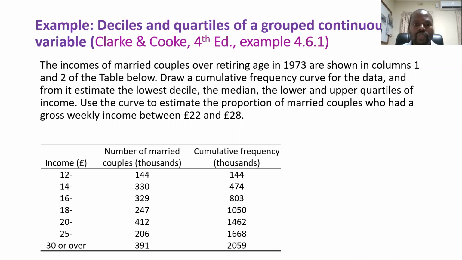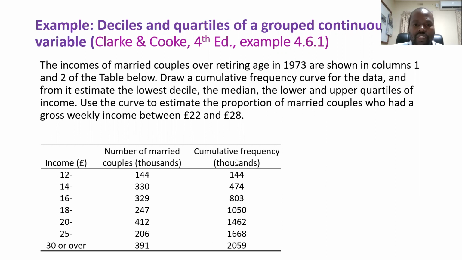We are required to draw a cumulative frequency curve for the data, and from it estimate the lowest decile, the median, and the lower and upper quartiles of income. We also use the curve to estimate the proportion of married couples who had a gross weekly income between 22 and 28. Since we have been requested to draw a cumulative curve,